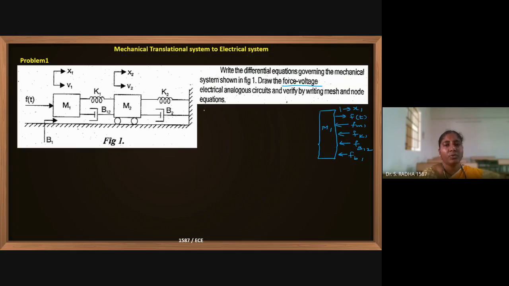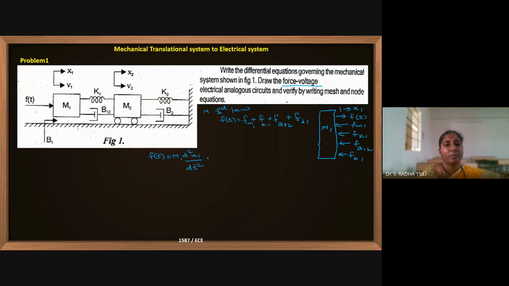Okay. Now Newton's third law: the applied force is equal to the opposing forces Fm1, Fk1, Fb12 and Fb1. These are the opposing forces. How to write all these things? We have done a number of problems, and now we have to write the force balance equation. So F of t is on the LHS, and on the right side M1 d square x1 by dt